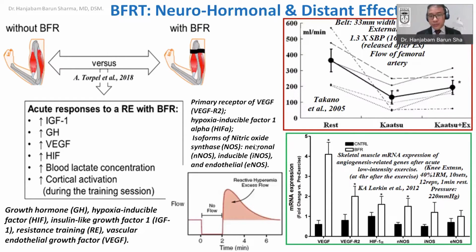But one point which I want to express here is there is an increase in HIF, that is hypoxia inducible factor, because relative hypoxia is created because of the occlusion. Because of the occlusion, relative hypoxia is created, but it is not 100% hypoxia. You see, 100% hypoxia is not there. Anoxia is never there. There is some amount of hypoxia, and that's why BFR is what is known as a hypoxia-like situation, not